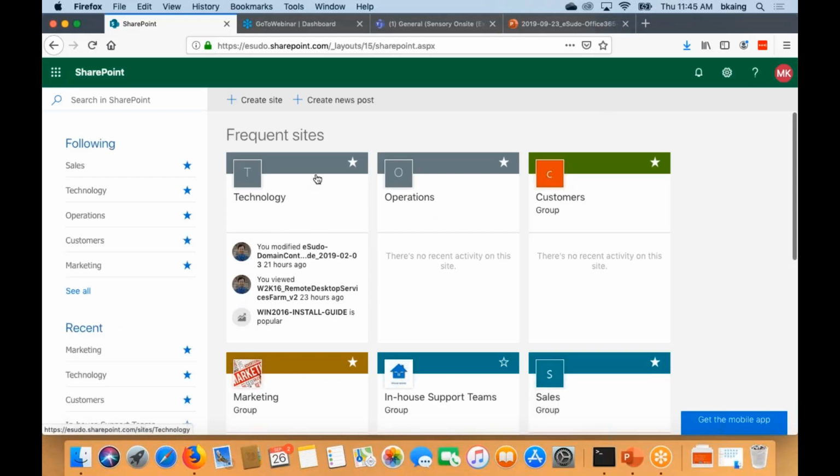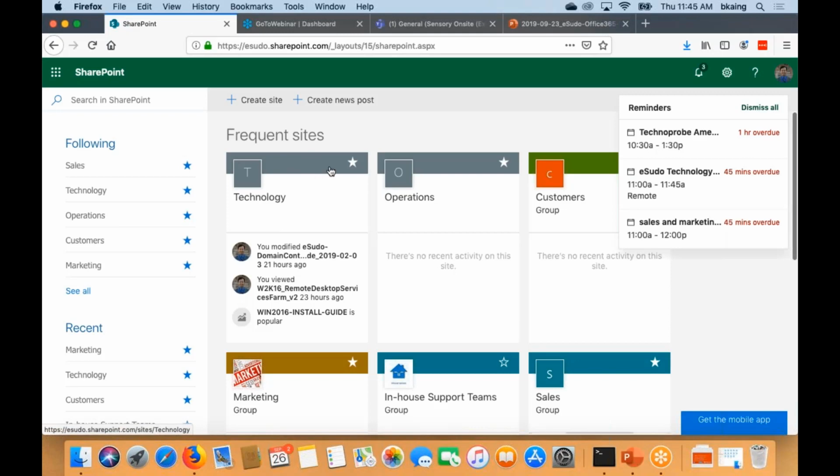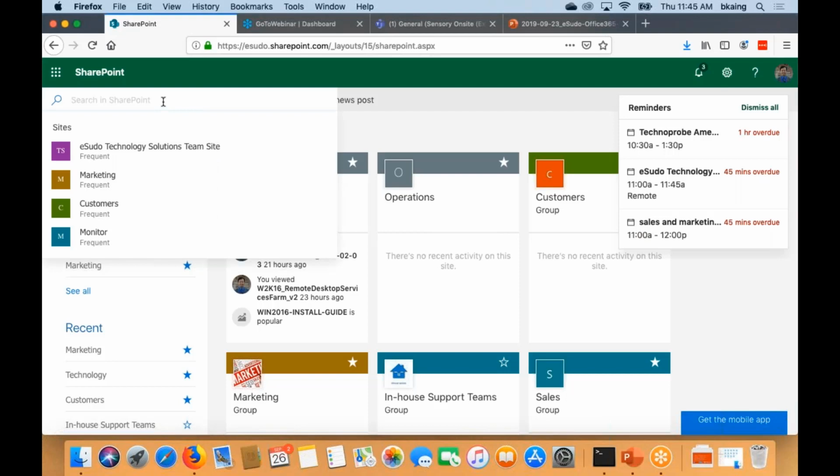Once I log on, I have frequent sites that I subscribe to and follow. You may not follow everything, so the sites that you want to follow will show up on your main homepage. You can staple your shortcuts, where you go most, to that home page. And then I can search on my SharePoint, on the main site.